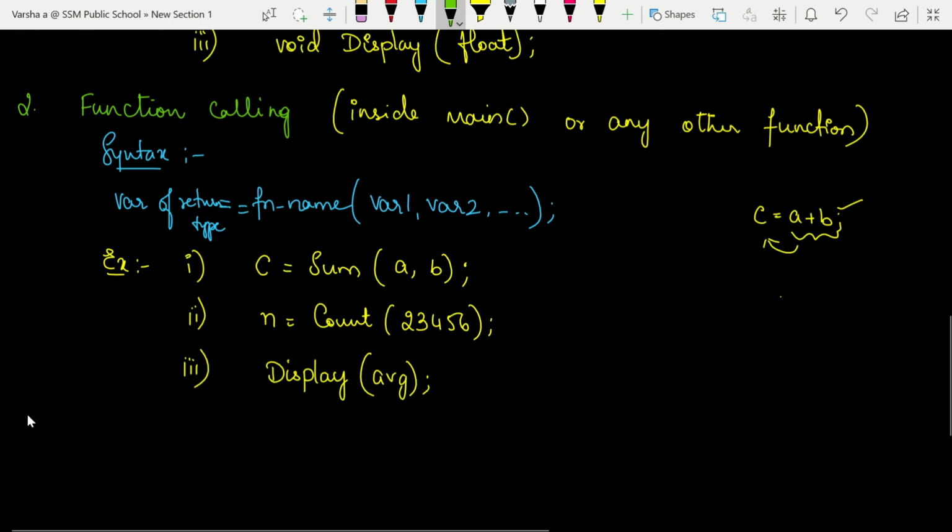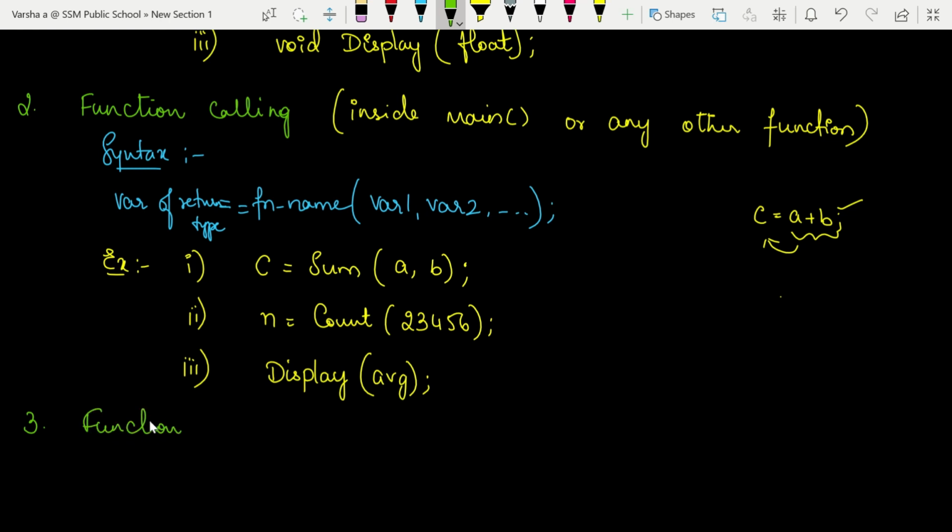Now the next question is, I give this function name and I am passing parameters. How does the compiler know that when I am calling some function it has to add those two numbers? How will it know that if I give this name count, it has to count the number of letters? For that we need to write the function definition. That is the third component.